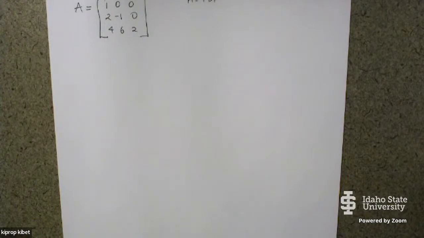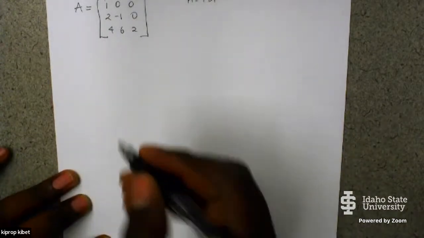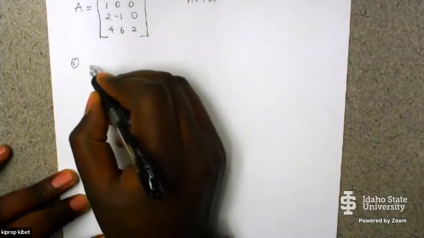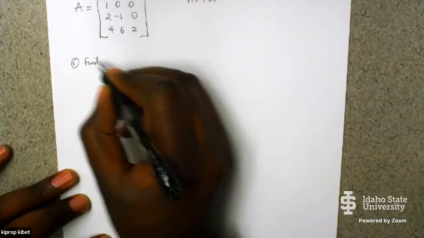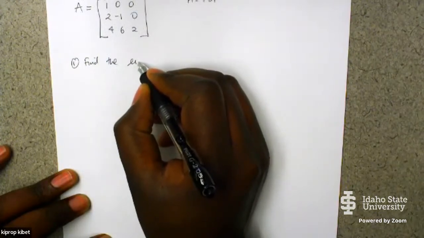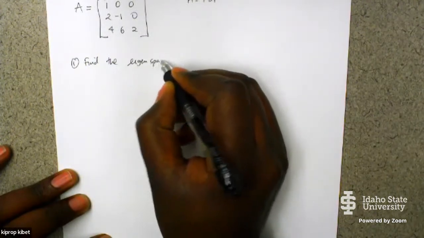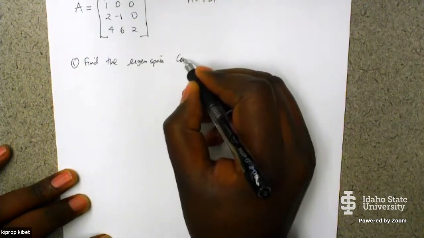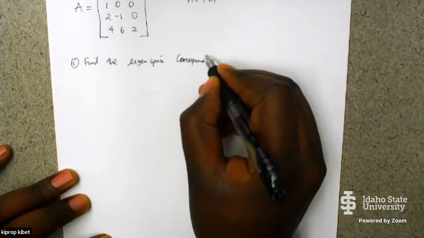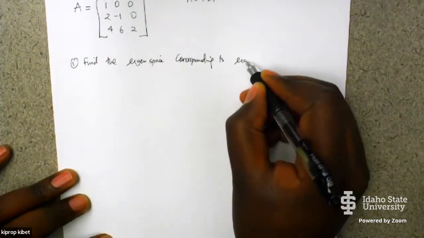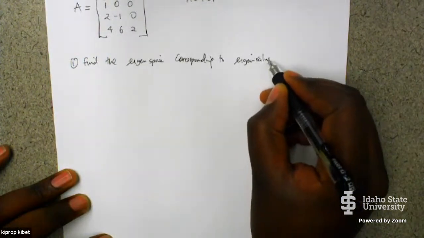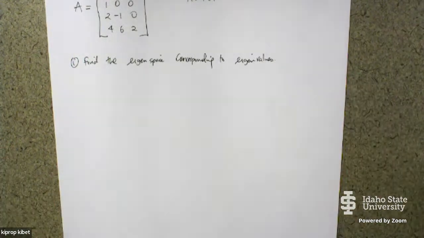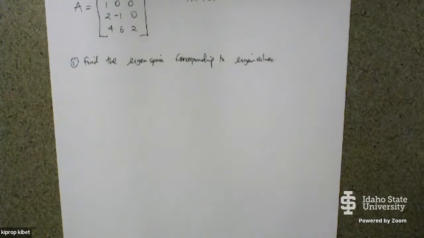First of all, number one, find the eigenspace corresponding to eigenvalues. So you start by getting the eigenvalues, and after that you get the eigenspaces corresponding to